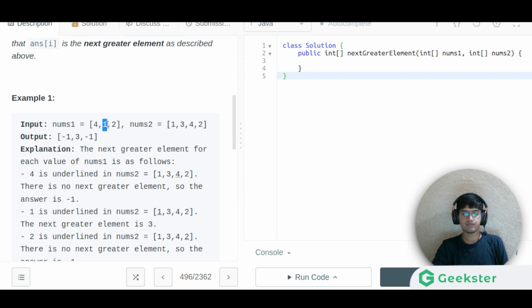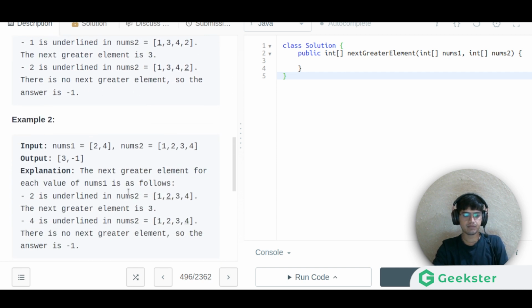Then we have 1. Go and search for 1 in nums2, it is here. Find the next greater element towards the right. The next greater element is 3. 4 is also greater, but the immediate next is 3, so we put 3. Then we have 2, and for 2 there is nothing greater to the right, so we put -1.